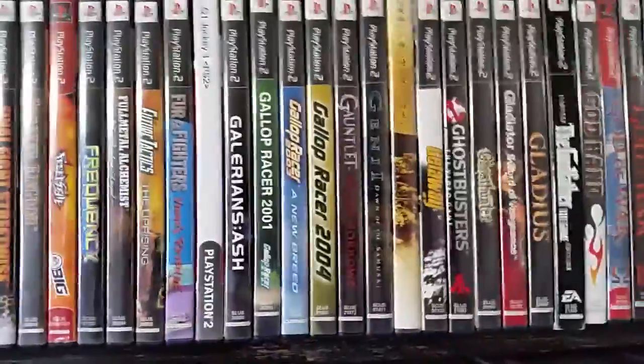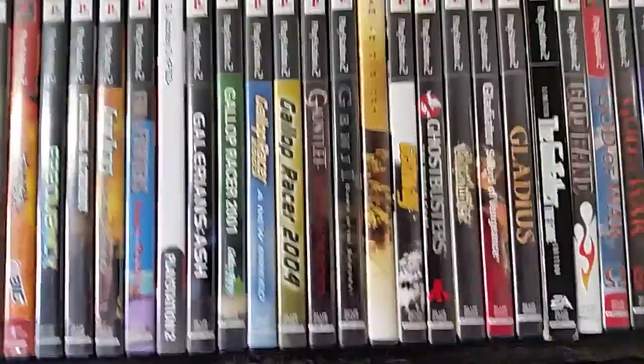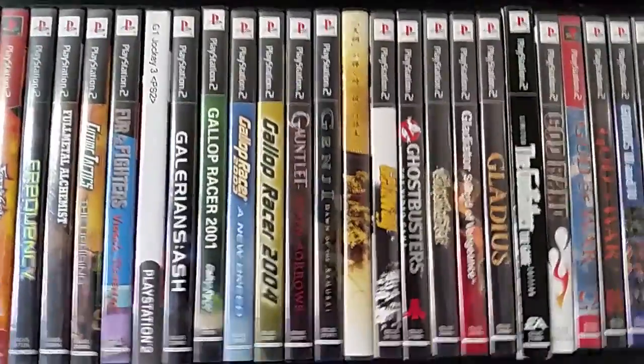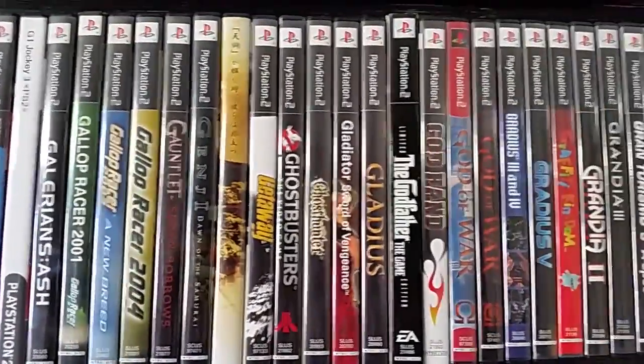Alright, so I've got these horse racing games like G1 Jockey, Gallop Racer. I don't know why they seem to be kind of pricey and hard to find. I don't know if they're any good. I just kind of hung on to them, though, just for the fact that I think it's kind of funny to have. So I might get rid of them in the future, but...